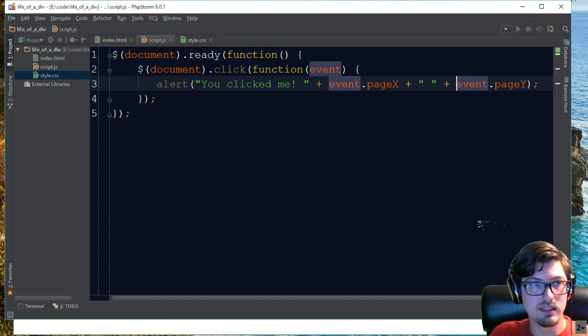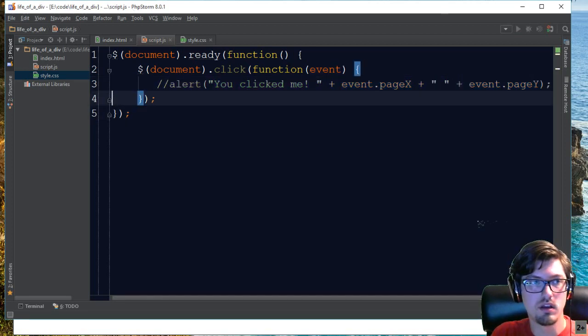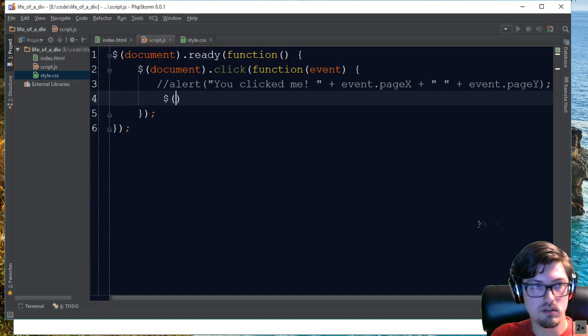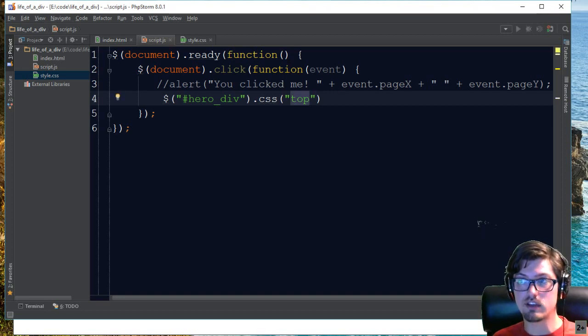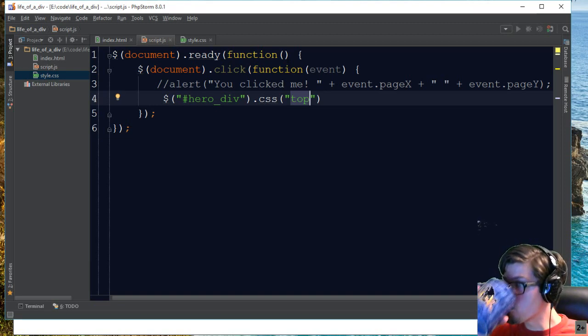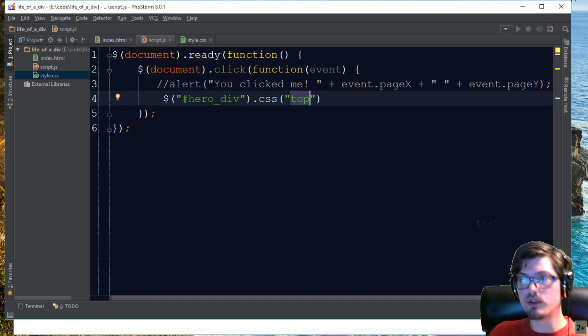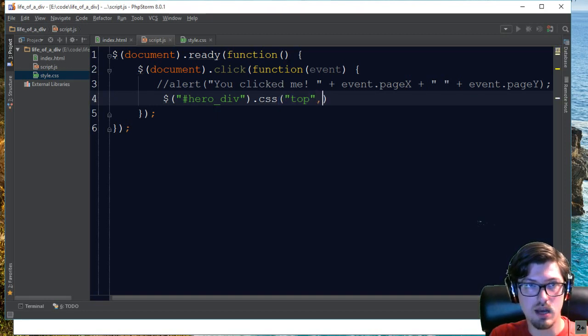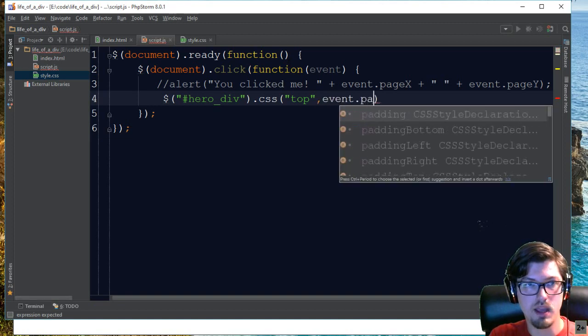Well, let's do something with that. So let's say hero div.css. So now we know that the CSS controls the display of the objects. So what we want to do is actually manipulate that CSS. So we want to change the values. So really we have a top and a left. So top is going to be event.pageY